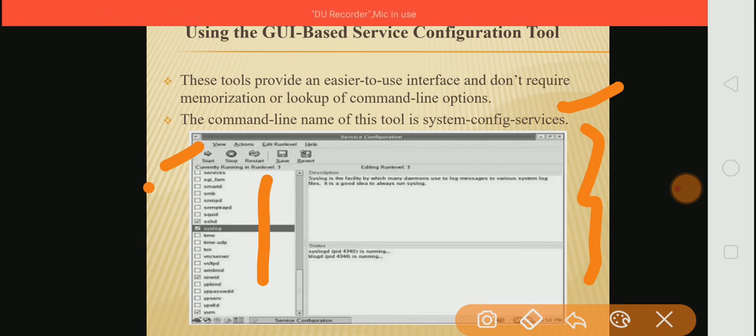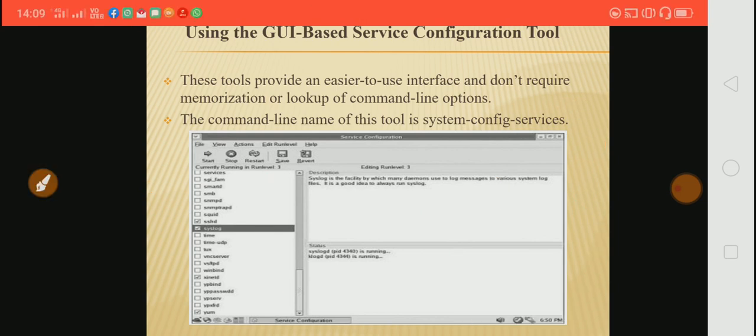This is very useful, and here also you will get information of run levels and UID and all that information about the process or service in this pane. So this is a very useful graphical user interface tool for normal or common users.